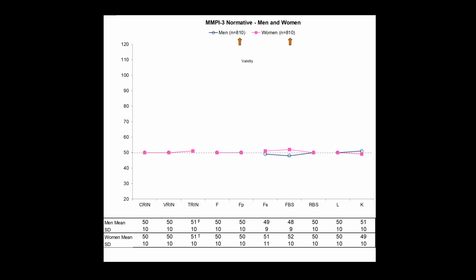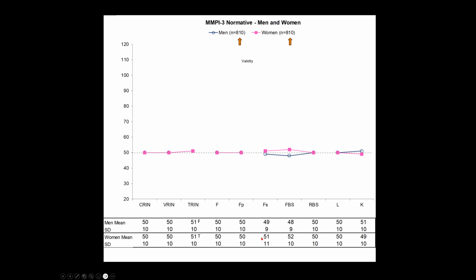We combined these 2 subgroups into one sample. We call it the non-gendered normative sample of 1,620 individuals. But as I mentioned, if there is a need or interest in comparing a test taker's scores with just the men or just the women of the normative sample, it's possible to do that with the scoring software for the test. And what we see here is the breakdown, or what we're plotting are the mean scores.